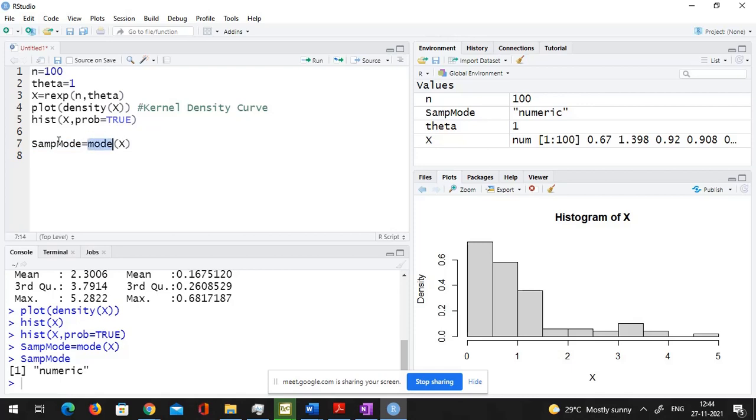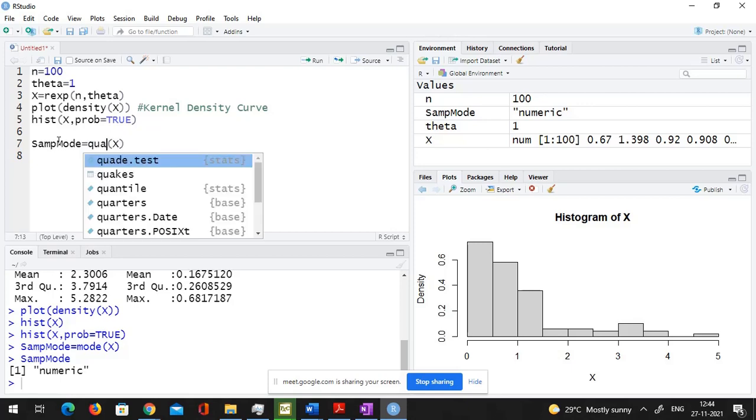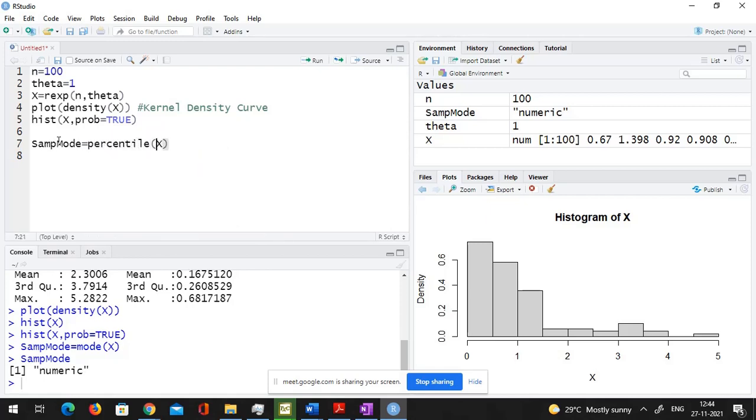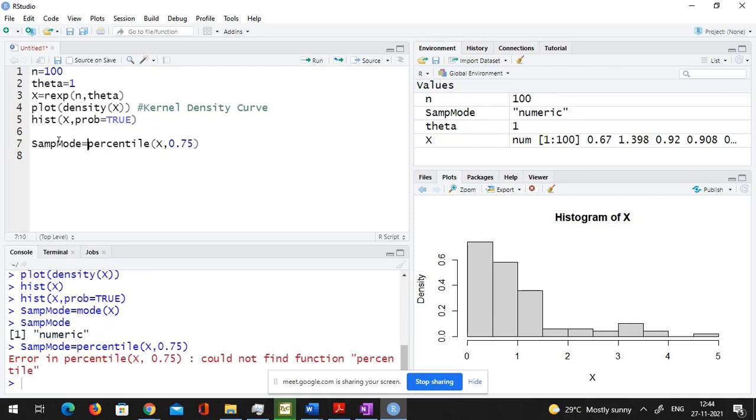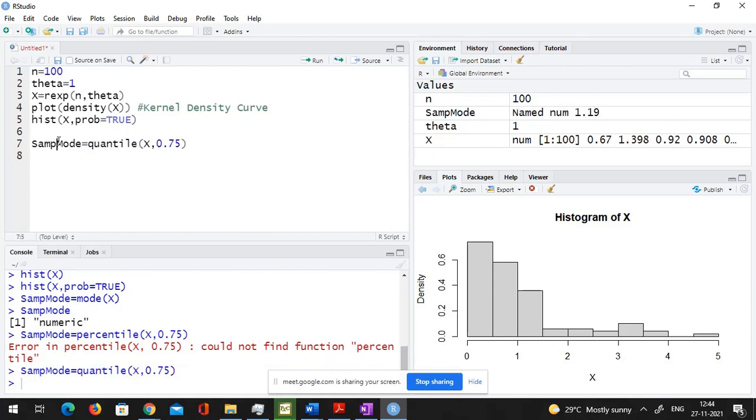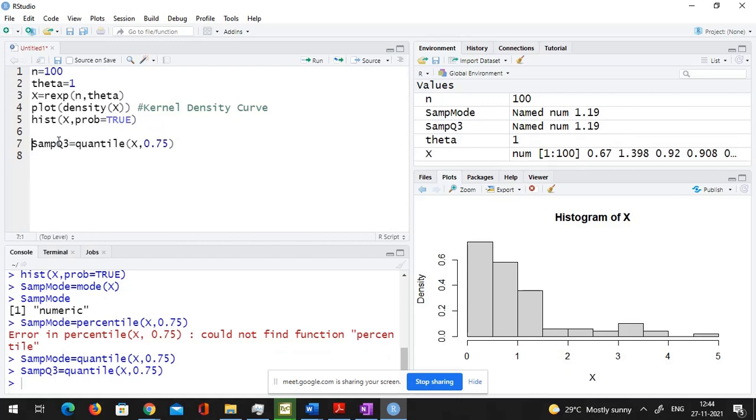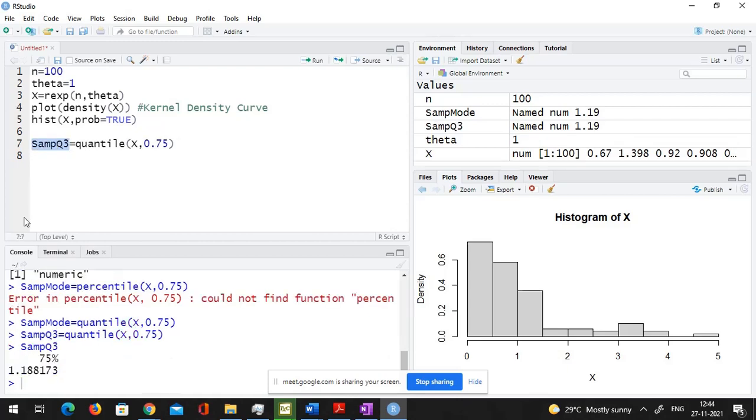So today I will go for the third quartile. Oh, what is quantile? Sorry. Yeah, so this is sample Q3. Today I will try to find a confidence interval for the 75th percentile of this sample, because mode is left for you as homework. Okay, so the 75th percentile is this for the current sample.